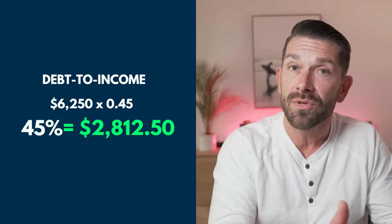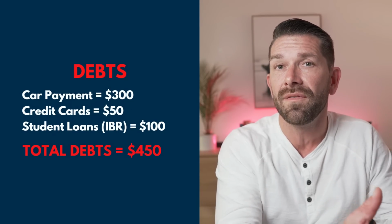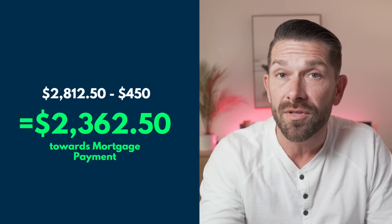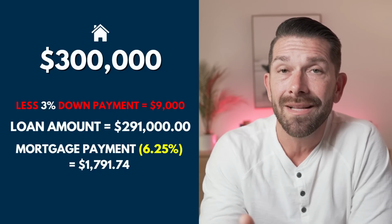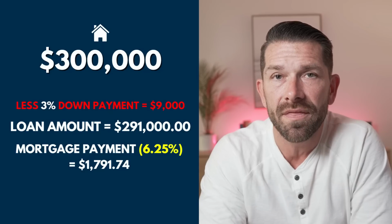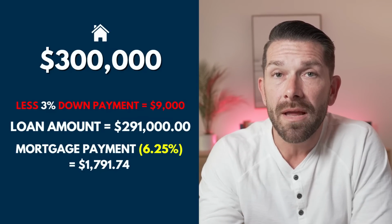Now, if we were using those same debts from earlier, $300 for a car payment, $50 for credit cards, $100 in student loans, totals $450. The max you would be able to spend on your mortgage payment is $2,362, which means with 3% down, you'd just be able to qualify for a $300,000 home. As that $300,000 home, putting 3% down, that's $9,000, which means you're financing $291,000. We're going back to that same interest rate of 6 1/4%, which gives you a mortgage payment of